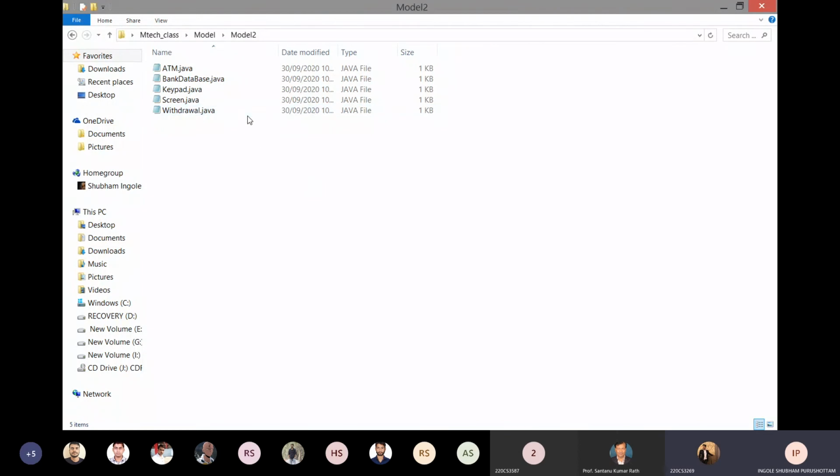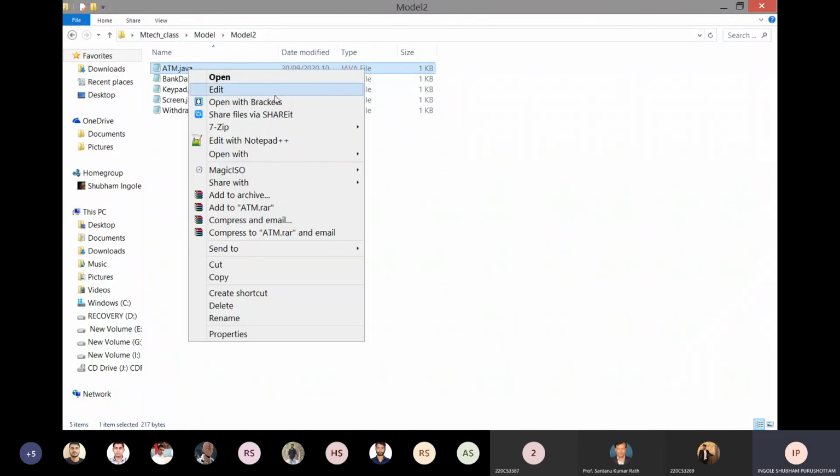Now here you can see the code. Here are all the classes I have drawn: ATM, bank database, keypad, screen, withdrawal.